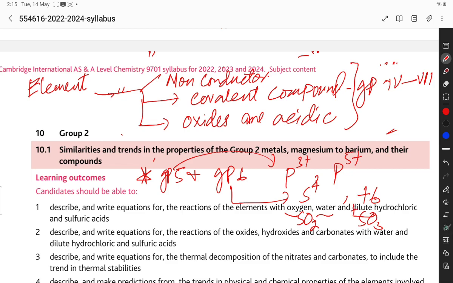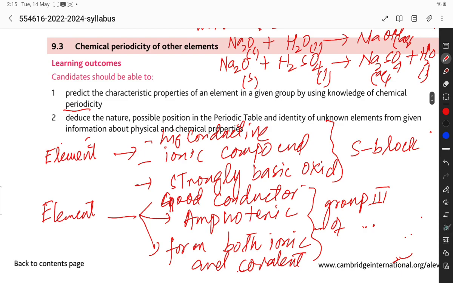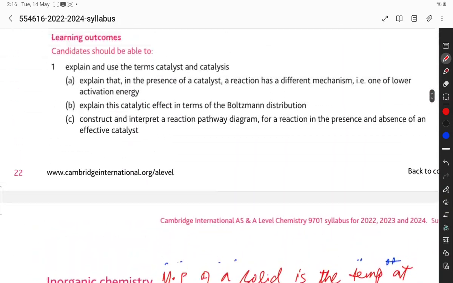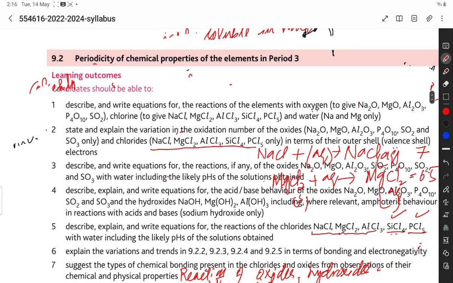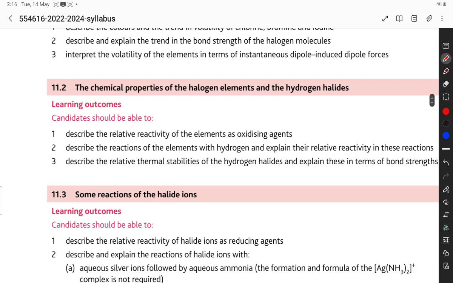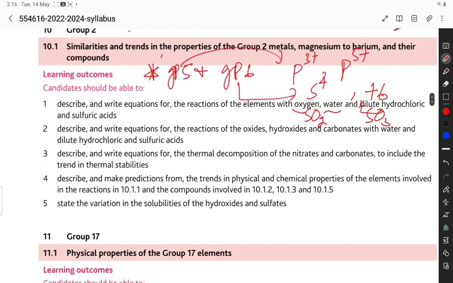So this is all about predicting the characteristic properties of an element in a given group by using knowledge of chemical periodicity, and deducing the nature, possible position in the periodic table and identity of unknown elements from given information. Hopefully you understood this topic and all the chemical equations and balanced reactions. You should know how to write balanced chemical equations with their state symbols. Next video I will discuss group 2, group 17 and halogens, nitrogen and